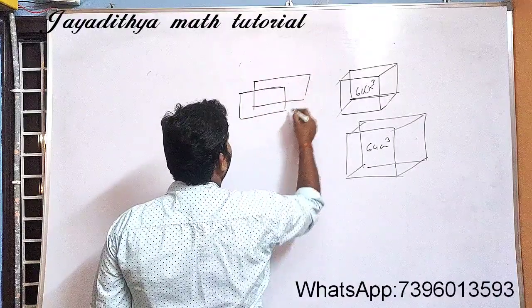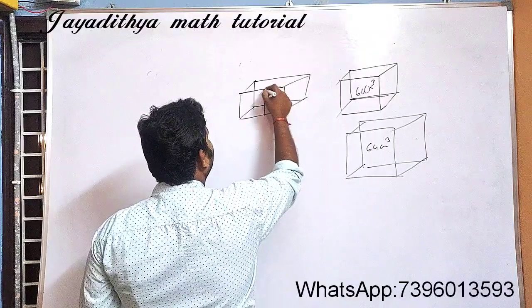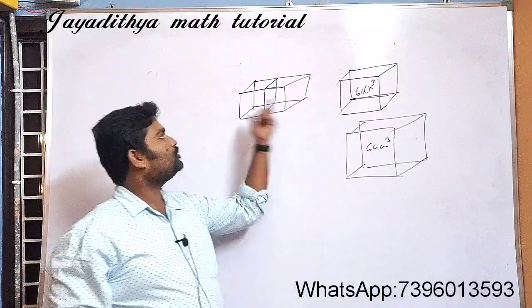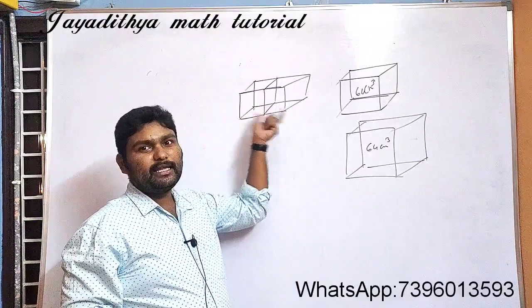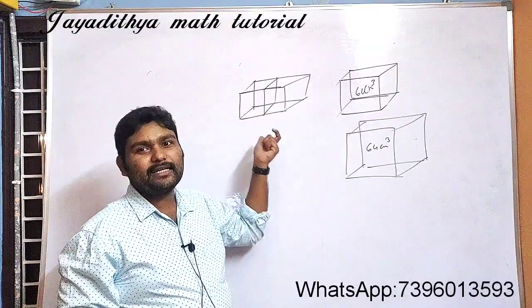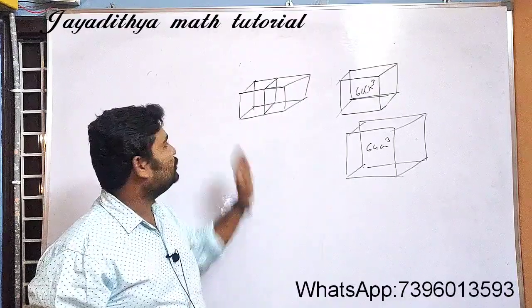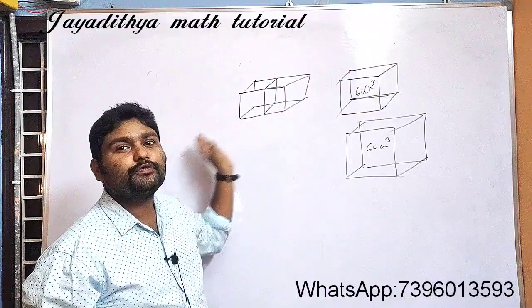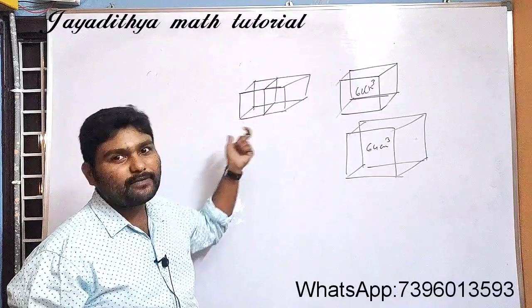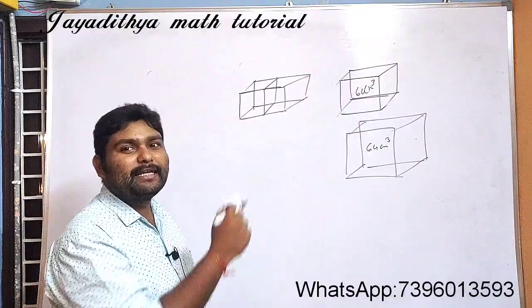Let me draw it completely. After that I will tell you how to solve it. So you can see like this, Nana. If two cubes are joined end to end, the figure will be in this manner. Now you should find the area of this resulting solid. First of all, you need to find the surface area. That means you should find the total surface area of the cuboid, and before that you should find the dimensions.